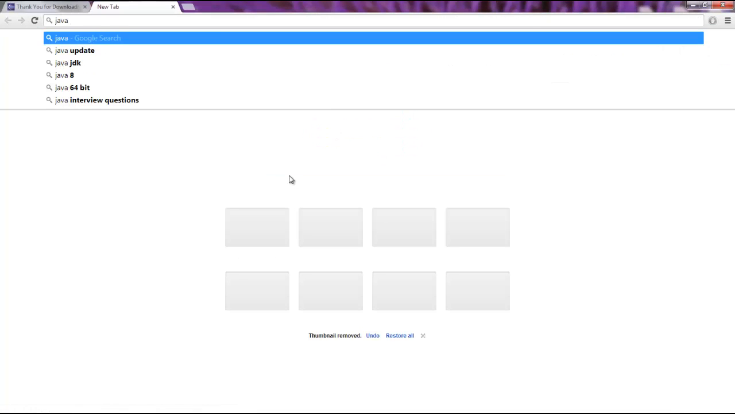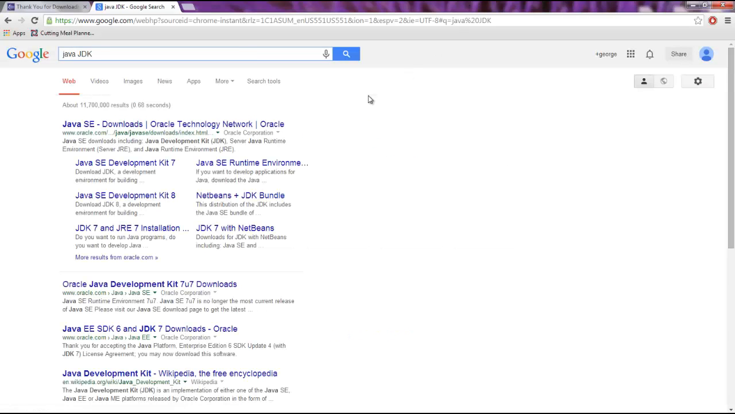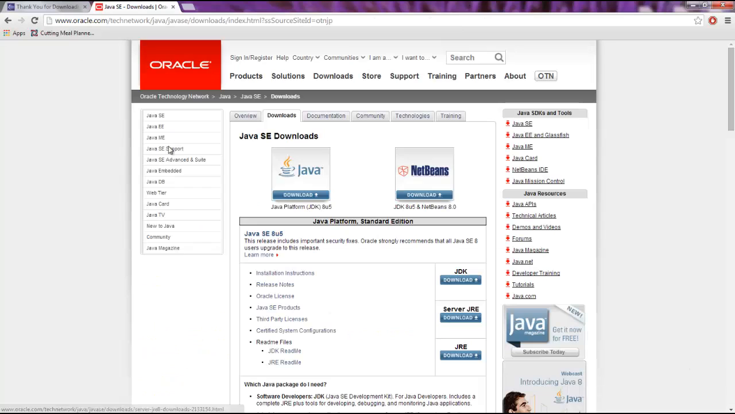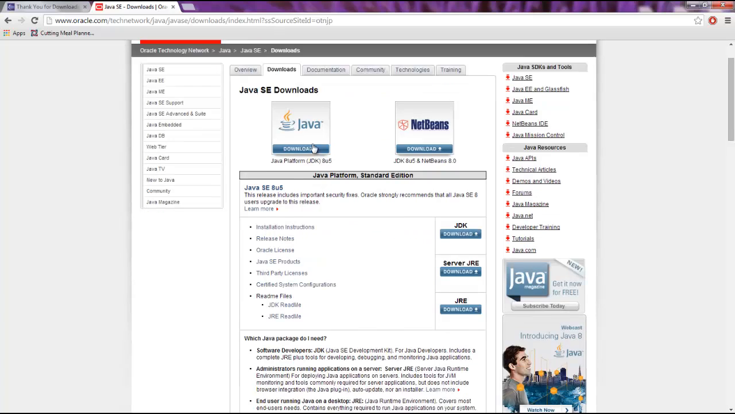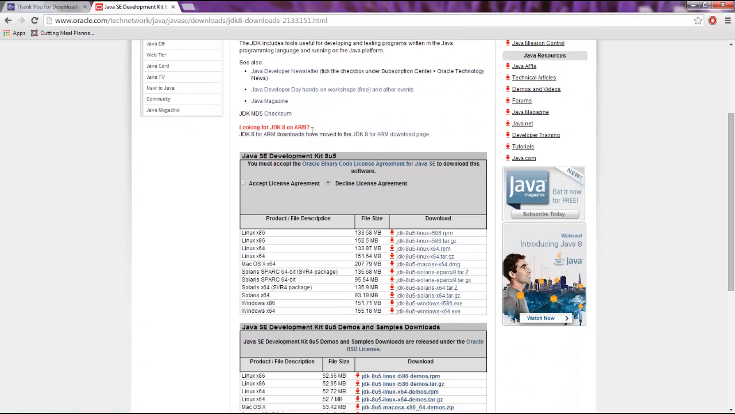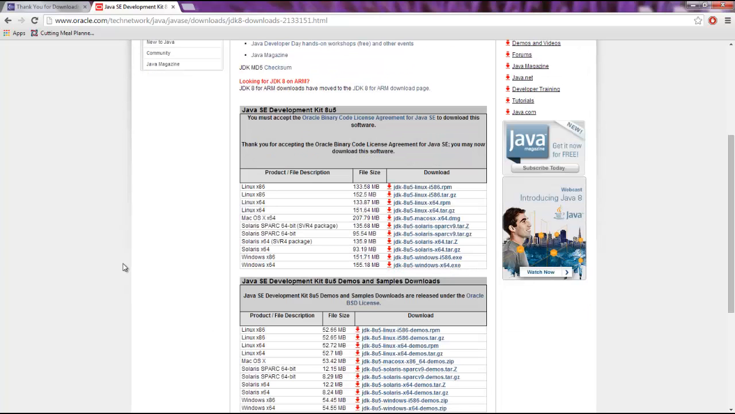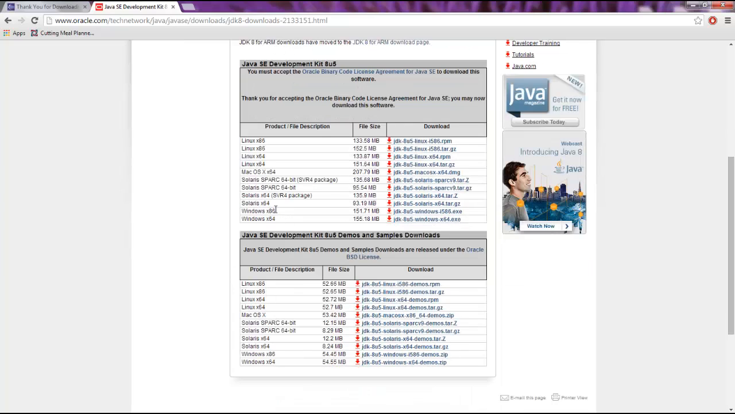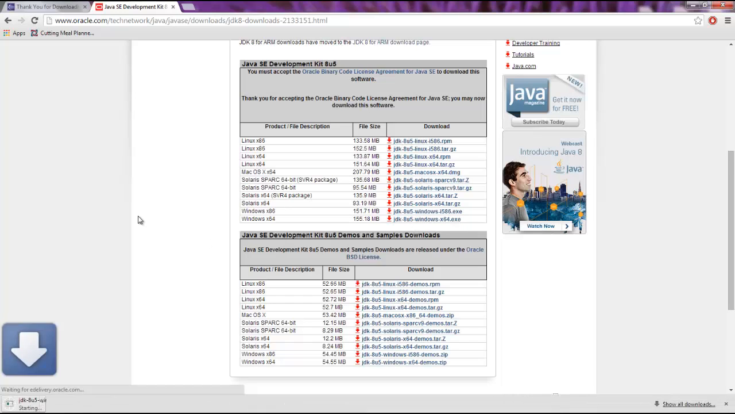So Java JDK, again, search that on Google and open this website. The first link. The latest version of the JDK is version 8u5, and we're just going to download the JDK right here. Download JDK. Accept the license, and now here you're going to find your operating system and architecture version. So Windows 32-bit or 64-bit, Linux, Mac, all this stuff. So I'm on 64-bit. I'm going to download that,